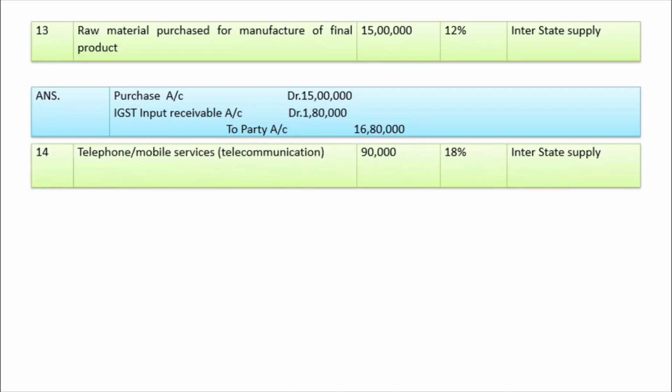Next one, telephone or mobile services, telecommunication, 90,000. Rate of GST is 18% and it is an interstate supply. Whatever expenses incurred and whatever GST paid, it is allowed, as it is one type of service availed by the company, and credit is available because it is directly going to be used for business purposes, to expand or enhance the business. So we can say that credit is available, and as credit is available, we can record it separately. So the entry is